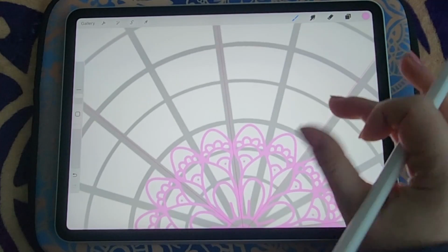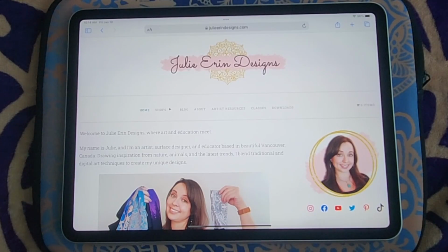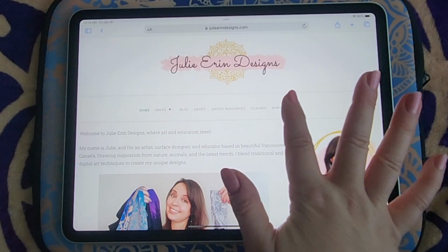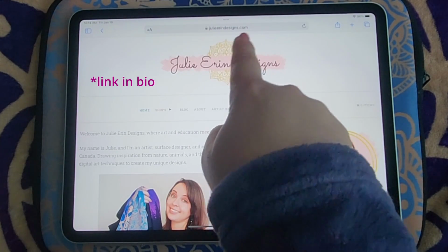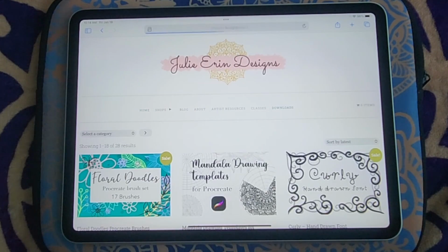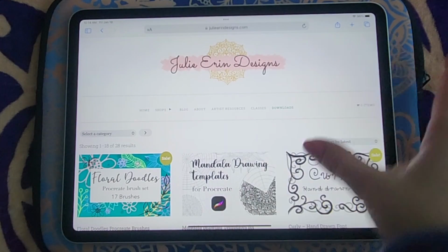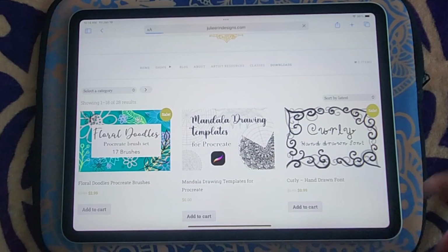In this video, I just wanted to share with you these mandala drawing templates that I've created for Procreate, and you can get them for free from my website. It's juliedesigns.com, and if you navigate there, you can go to the download section of my website, and you can see it right there on the top, mandala drawing templates for $0, and you can go ahead and add this